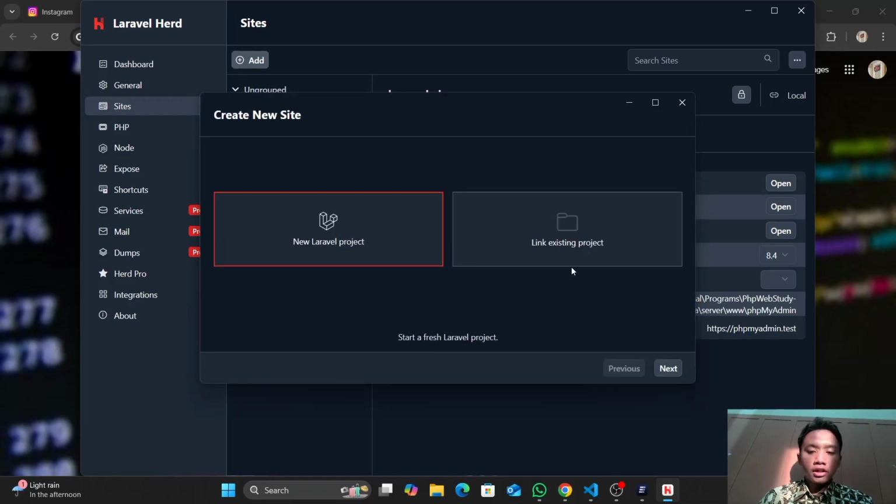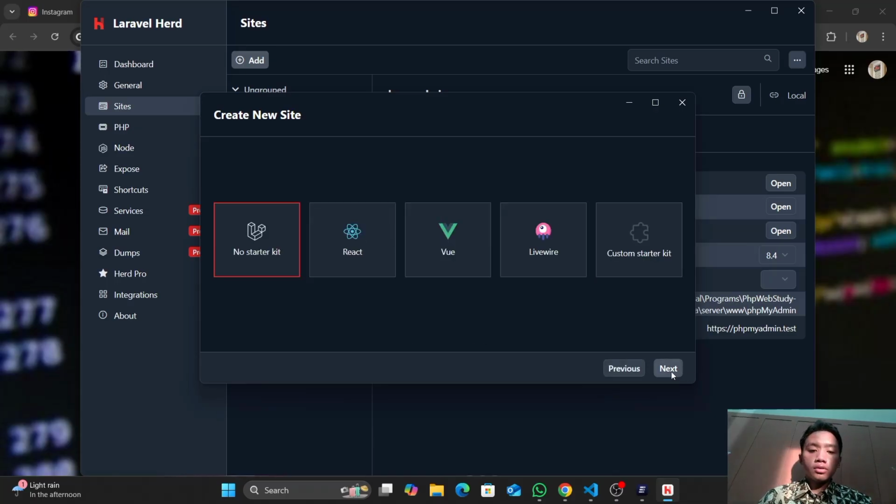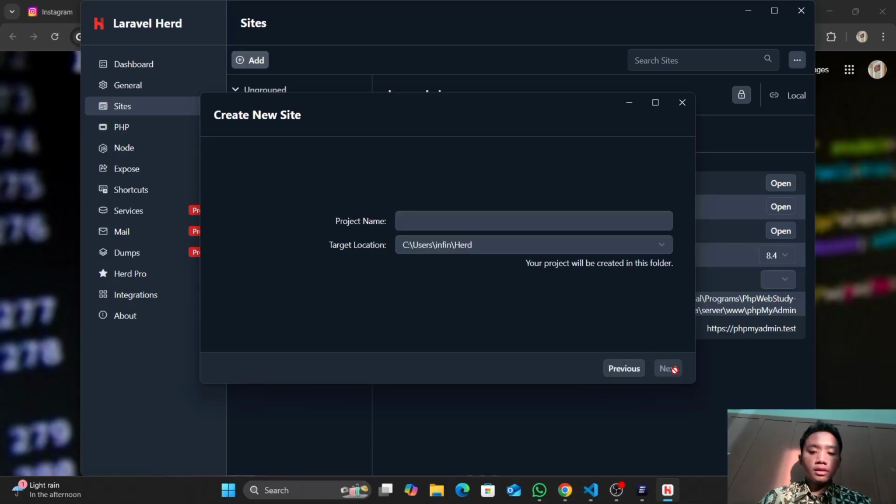First of all, I will make a new Laravel project. You can also import a project from outside, and the project name is up to you. But for this case, I will write hotel app.